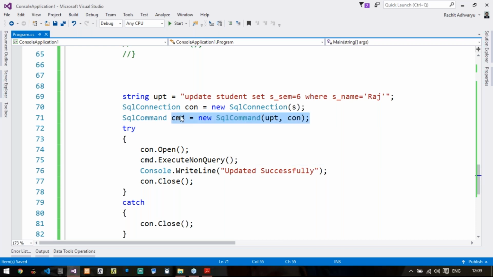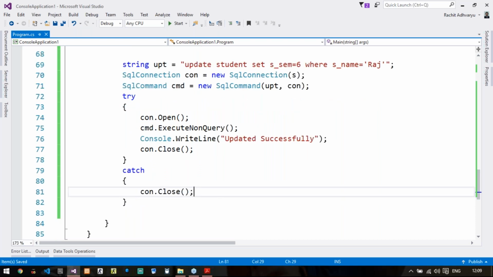So let us try to execute this particular part of code. There is no console.writeline, no console.readline. So I think it will try to execute this query. If it is executed successfully, it will directly print this in our console output. Let us see what happens.